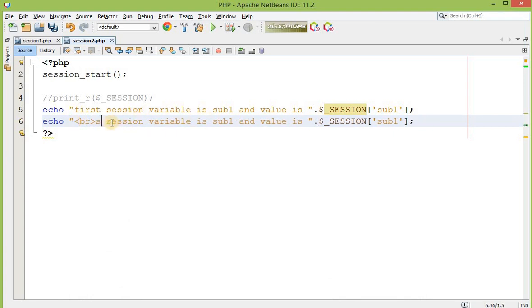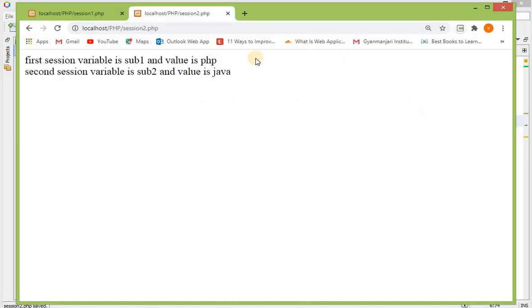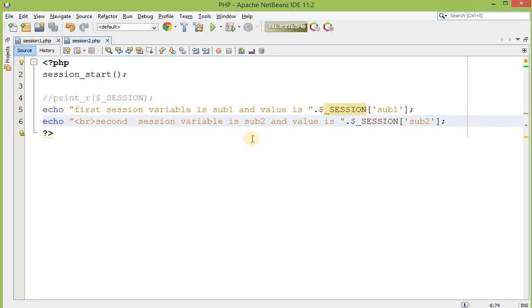This is my second session variable, that is subject2, and over here I have to pass subject2. Refresh and you can see that we got our variable with its value.